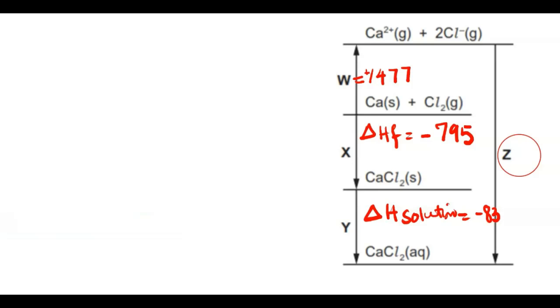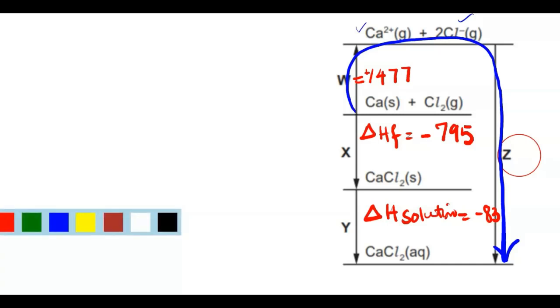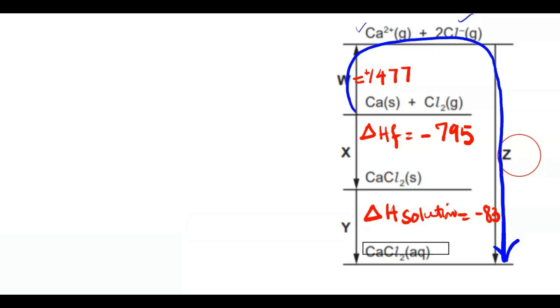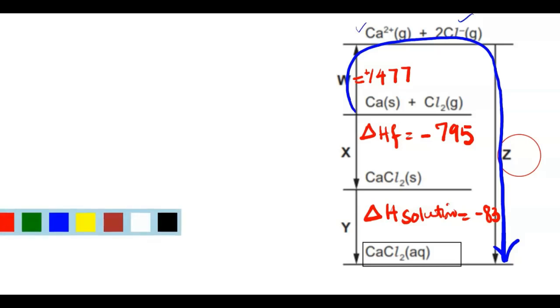By applying the vector method or Hess's law, this is changing into this. You can see W is converting into these ions, and these ions get hydrated and change to calcium chloride. See, our final destination is the same. We reach the calcium chloride aqueous. So we can reach it by this way, and we can reach it by